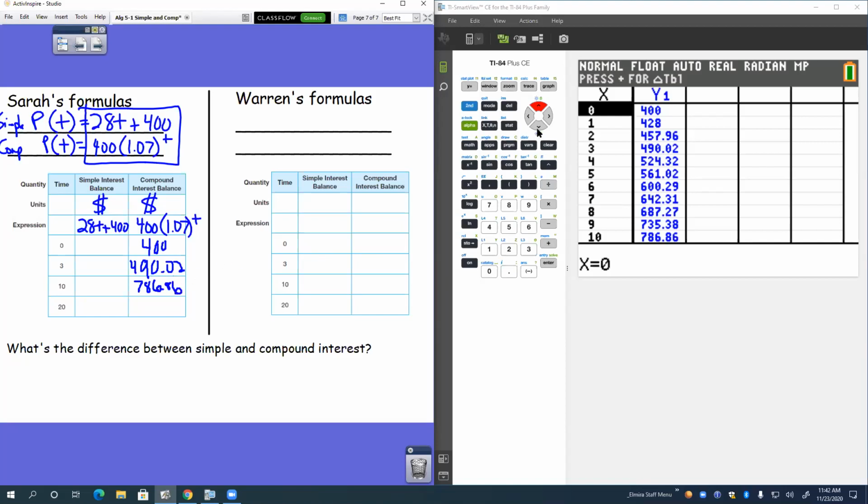And then at 20 years, you just have to go down a little bit. You could sub these in by hand if you wanted to. It's just easier and quicker to use the table. So at 20, it is 1,547. Now I need to show you something on this table. It looks like it's 0.9, all right? But if we tab over,